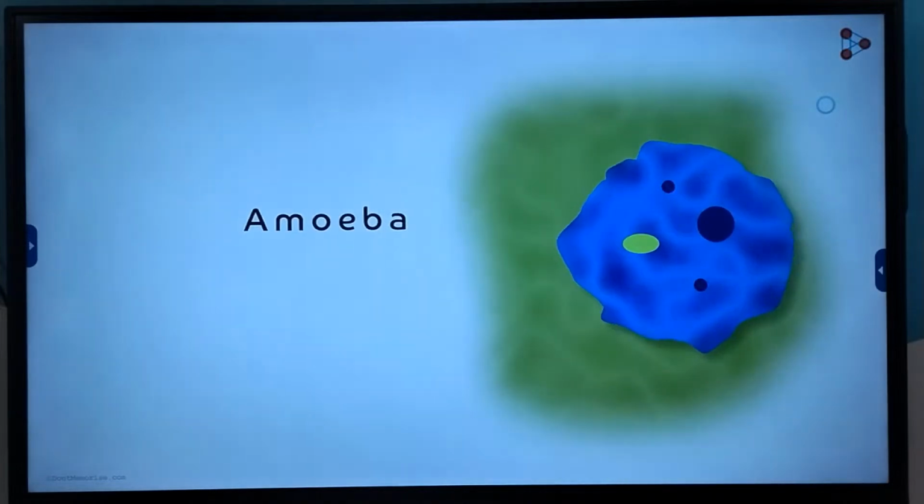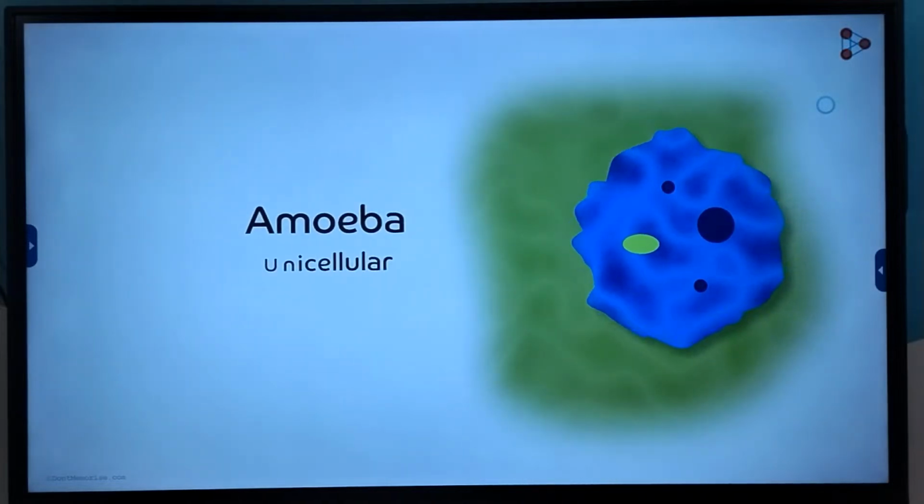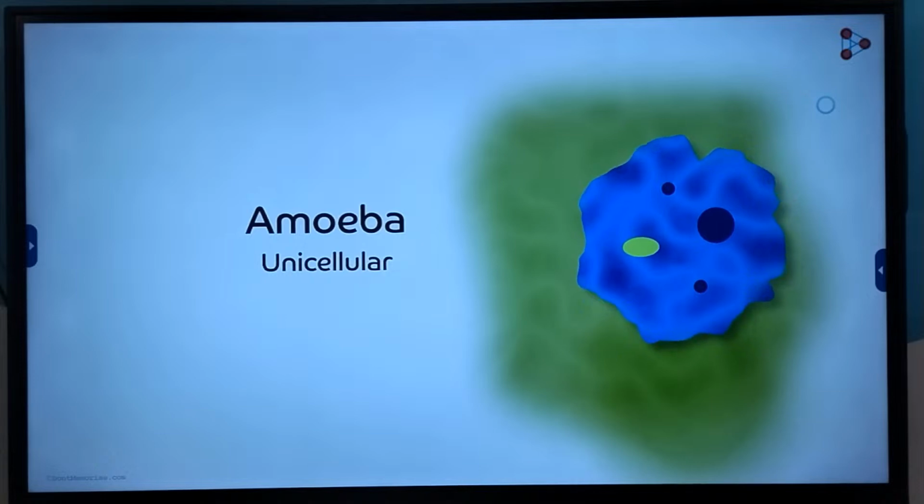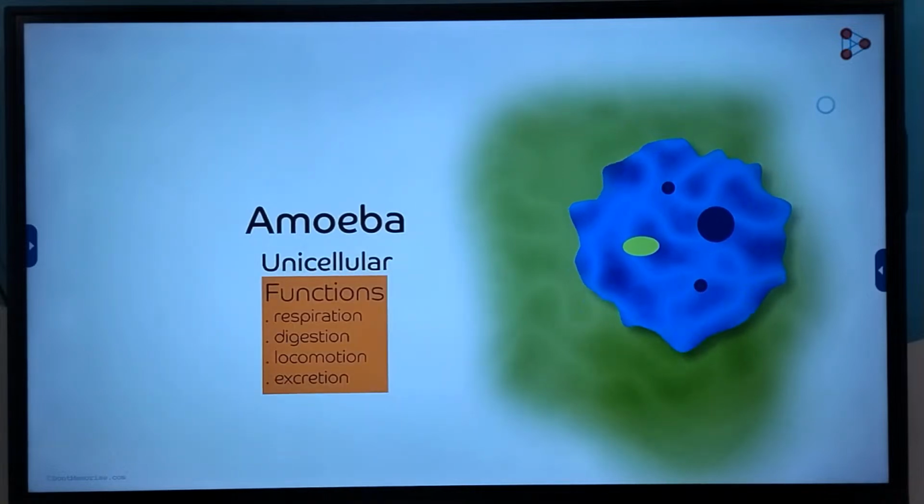An organism like amoeba is made up of only a single cell. Yes, you got it right. Just one single cell constitutes the body of an amoeba. This cell carries out all the functions of this organism's body, be it respiration, digestion,